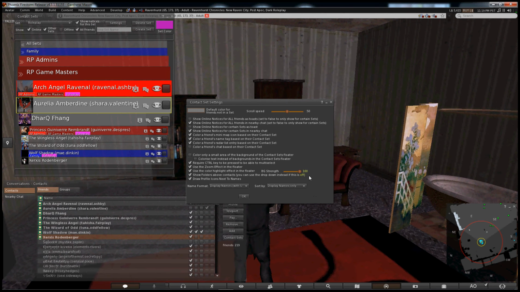Now this only works for Phoenix Firestorm. I have yet to see it on any of the other clients like Singularity or even the default. Now to me this seems like a pretty handy tool because basically I wouldn't say it's used for stalking, I'd say it's used for identifying, well, to put it basically, I'd say it's used to